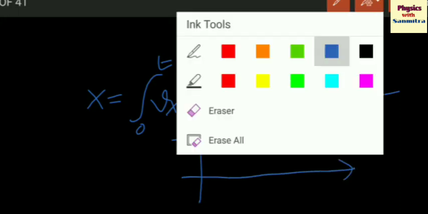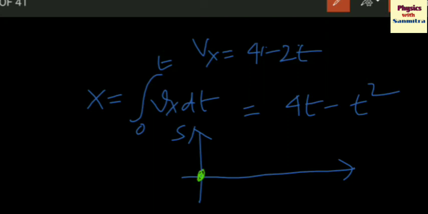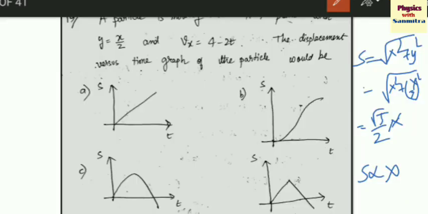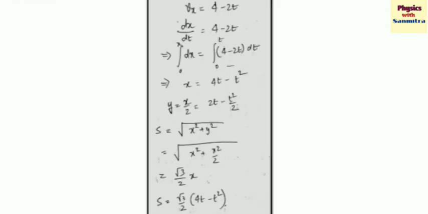It will look like, see, at t is equal to 0 it will be 0, at t is equal to 4 it will be 0, and in between let me take t is equal to 1, so 4 minus 1 is 3, so it will be positive. So this curve will be like this. It will not have any value for t less than 0, but it will be looking like this. So our correct option is option C. Option C is our correct option.